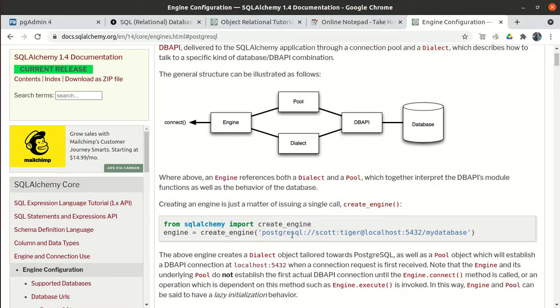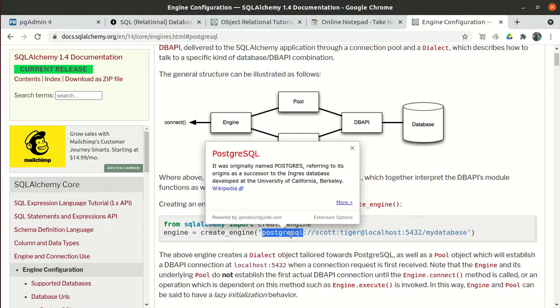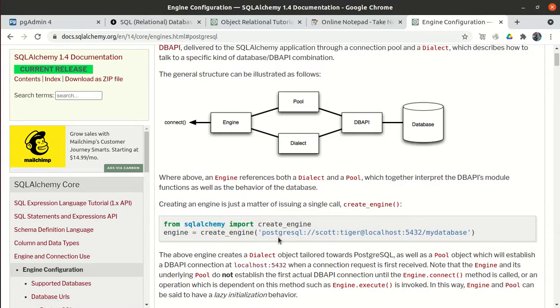The syntax of the SQL query is different. For PostgreSQL, the SQL query is different. For MS SQL, it's different. For MySQL, it is a different query, right? But the SQLAlchemy query is common. So how is SQLAlchemy going to know for which database it has to create the query? It will read this dialect, right? And based on whatever dialect is mentioned here, it will generate the corresponding SQL queries.